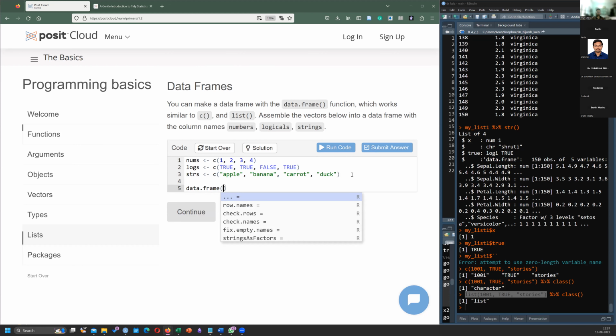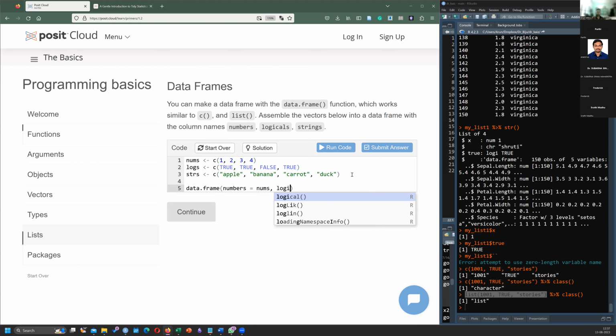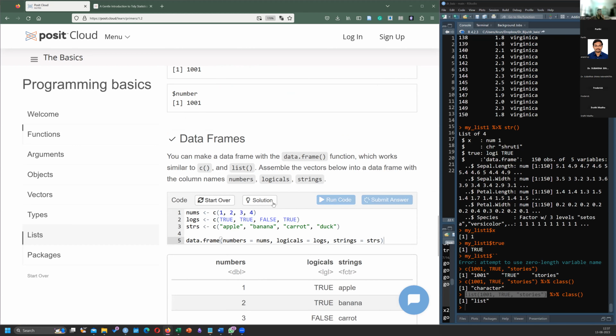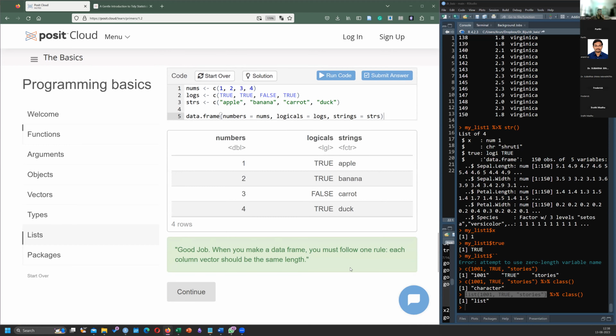Numbers equal to NUMS. Then log is equal to LOGS. Things equal to STR. Let us submit the answer. Good job. Okay.